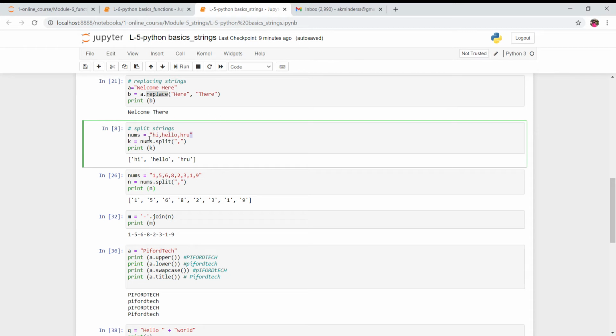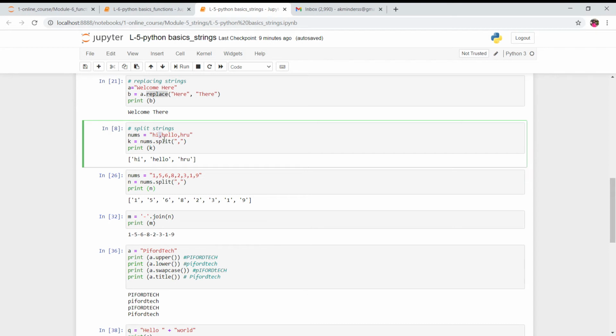So how can you do it? nums, because this is storing this particular string, dot split. Split is a method; using this we can split the values, and then in parentheses you need to write where to split the string. We are saying wherever it gets commas, separate the strings from the commas.